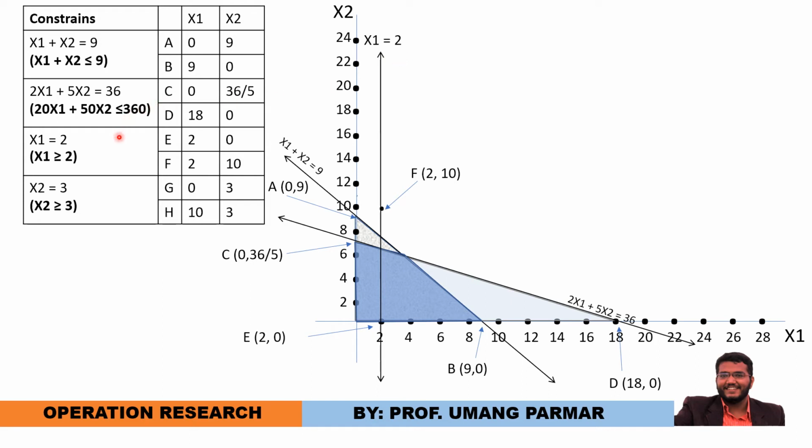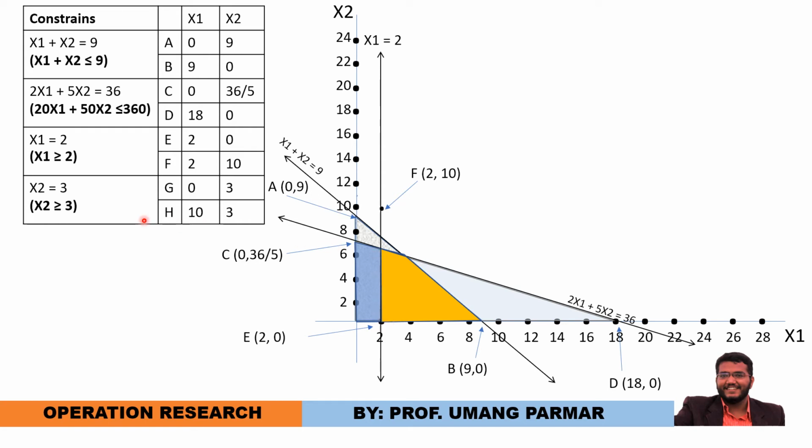But also it is not a right constraint. My right constraint is x1 greater than or equal to 2. So when it is x1 greater than or equal to 2, I need to mention the region, and this region will be the right hand side region because it is more than 2. So the common region from all 3 constraints will be this.